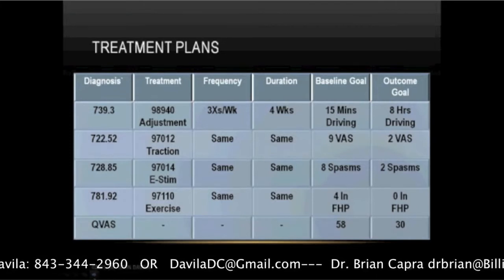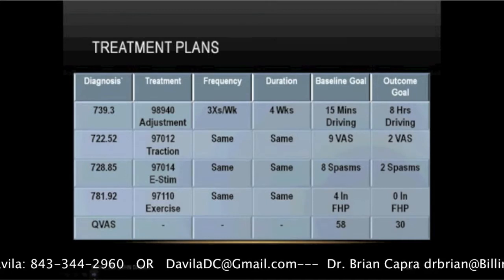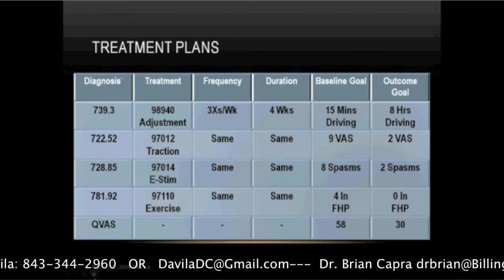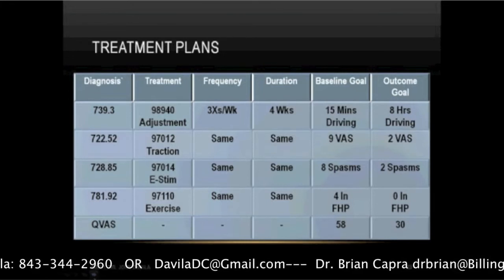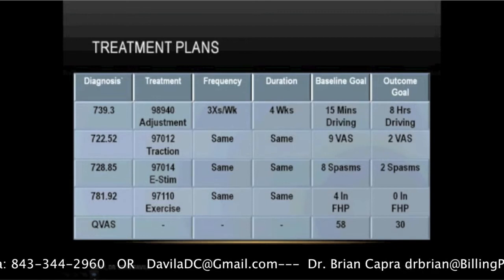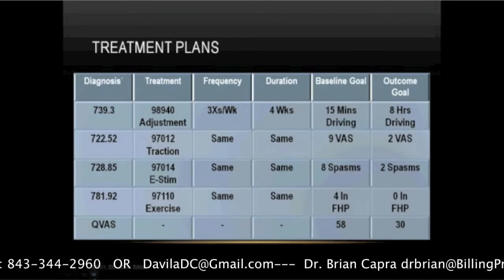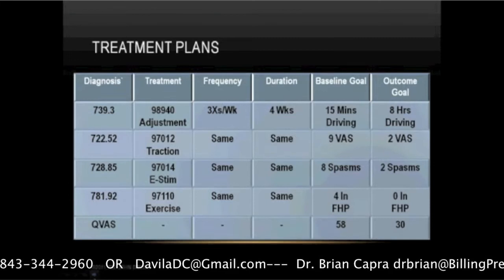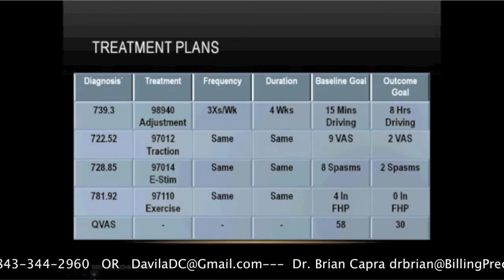Unfortunately, my forward head posture only got to -1 inch. Why? Because I had major arthritis. The patient has reached MMI, therefore I'm going to release them from active care into wellness care. The patient's accepted once every 2 weeks in wellness care until the patient comes back or returns from the new injury. And that's how you would deal with a discharge summary at the end of a treatment plan of something